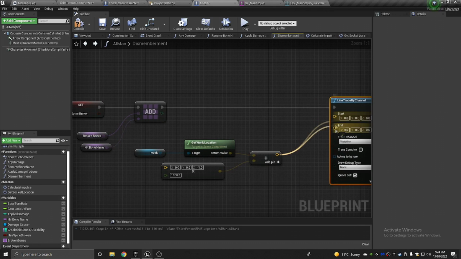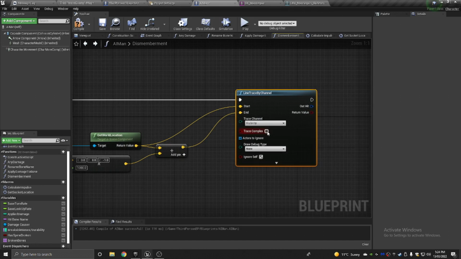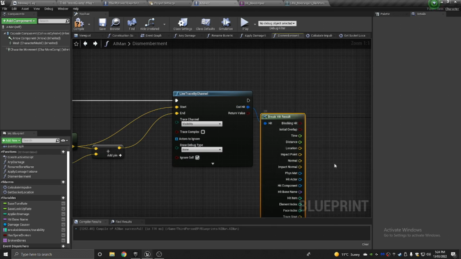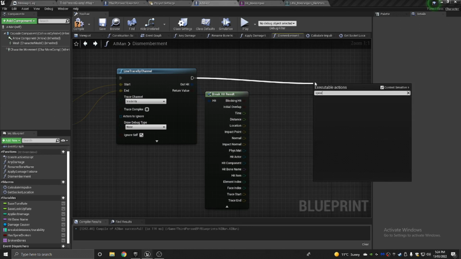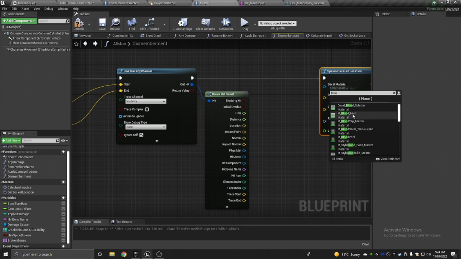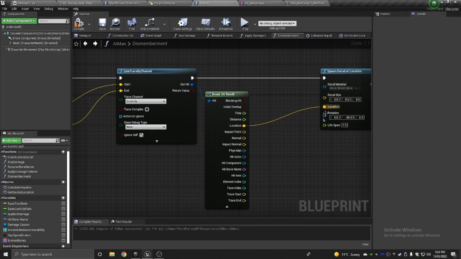No, sorry, that will be the end, and the start is just get world location. From here, let's break hit because we want to access what is hit. From here, what we want is spawn decal at location, and it will be type of blood splatter. Location is just location, and for the rotation we want the normal